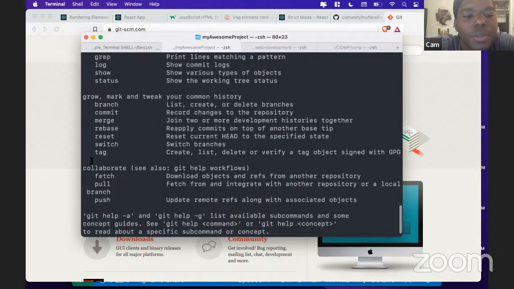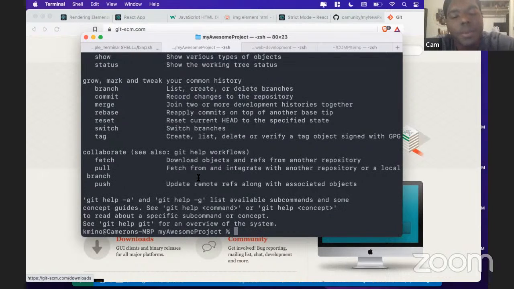There's a bunch of other, more advanced Git commands that I'm not going to go into too much right now. We'll definitely talk about them in another moment. But one that is definitely worth talking about is commit, which allows us to record changes to the repository. Then some of these other ones allow us to push the references and changes that we want to make from place to place. So we're going to try to use some of these Git commands real quick